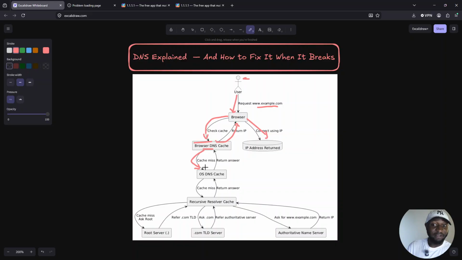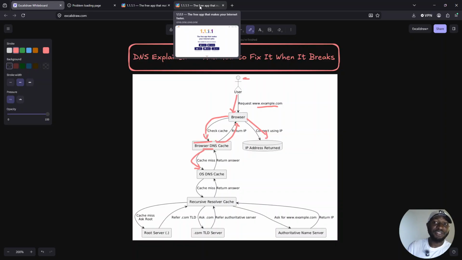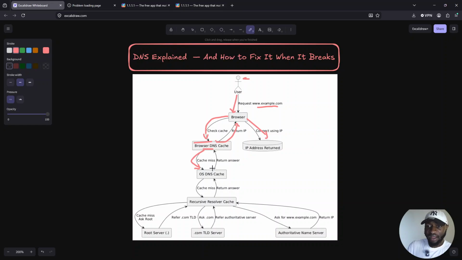If I had previously connected to 1.1.1.1, and the IP address was stored in the DNS cache, the web page would get sent back to my browser from the DNS cache. Now, if there was no DNS caching, because I did flush my DNS cache before this video, which is why I was still not able to connect,